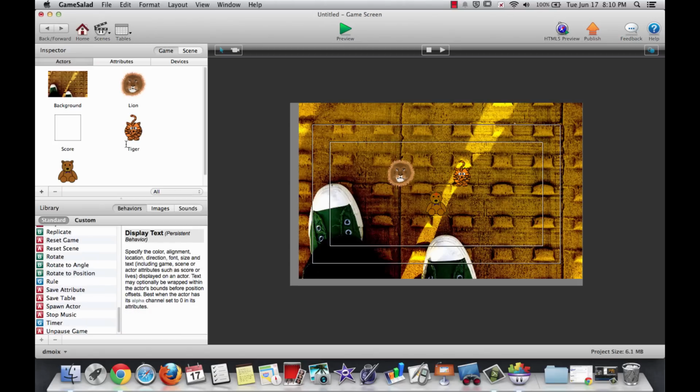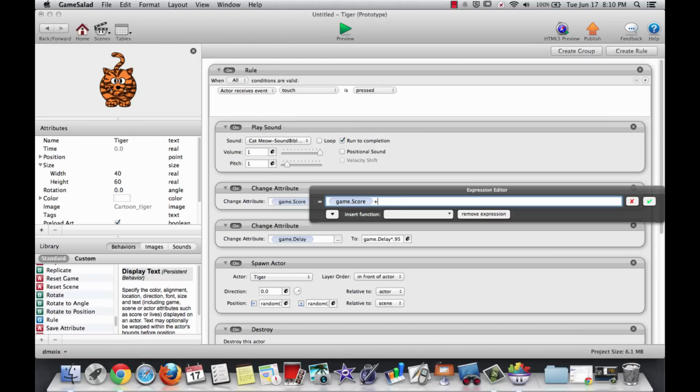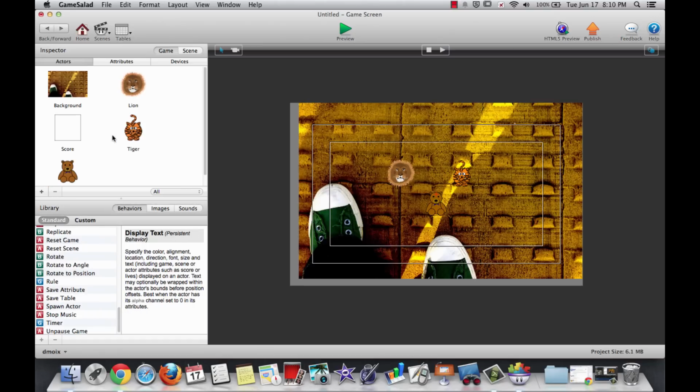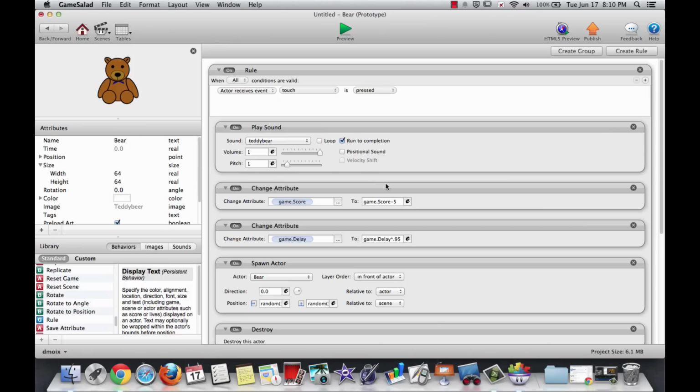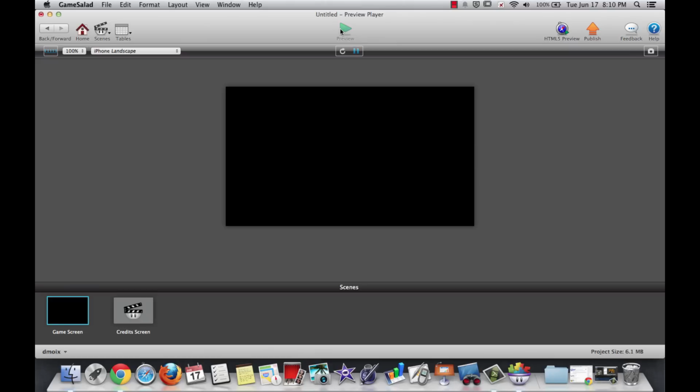We know that the tiger should give us 5 points, and so we're going to make it give us 6 points, and we know that 1's going to be taken away. And we know that the teddy bear should take away 5 points. Well, let's make it only take away 4 points because it's going to take an additional point away because of the background. Now, if we play this game,